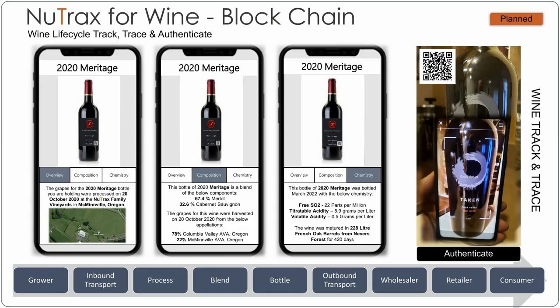Lastly, a lot of people talk about blockchain, very few actually implement it. And while we have this as planned, and you'll see that in the far right-hand corner of the screen for a reason, we have some big plans to make sure that we are part of the blockchain. What that means is we actually have to be part of a distributed ledger, right? We're not going to necessarily be the only piece of that. You might have suppliers that are providing information that need to be part of that ledger as well. But our plan is to actually provide as much of that blockchain technology as possible, all the way back to,